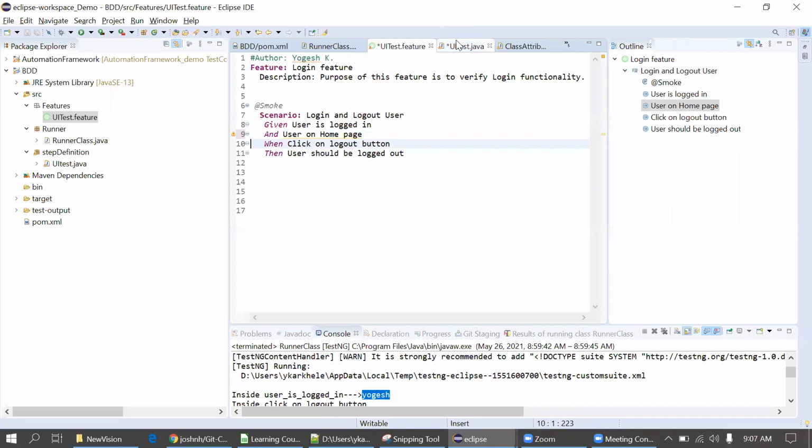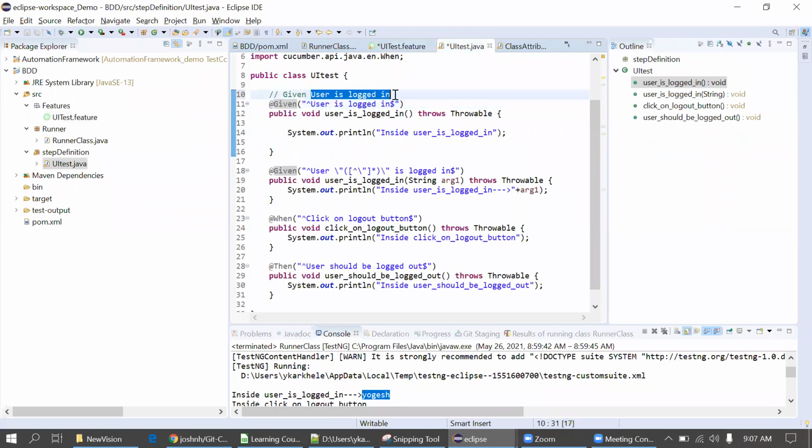If this syntax is not matching, suppose I have used "user is logged in" and this method is created. Suppose I make any changes here, and I just put "logged into the application". Now this is not matching anywhere in this file, right? So it will simply create a new method for this. Even if you add your own word, it will be considered a new step. If I make some changes in the step and it is not matching the step definition, it will create a new method for that. Simply, just remember this part. Okay, got it.